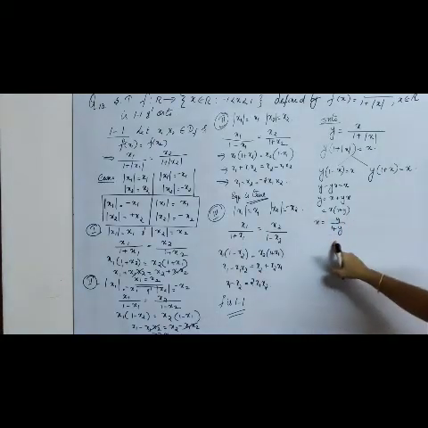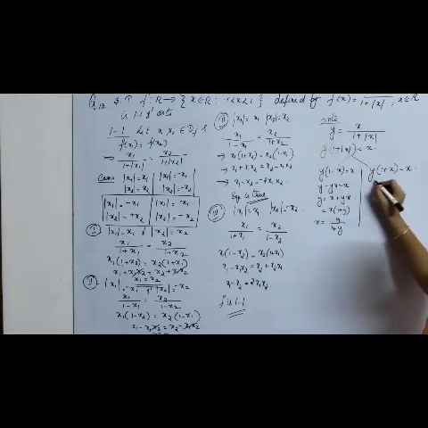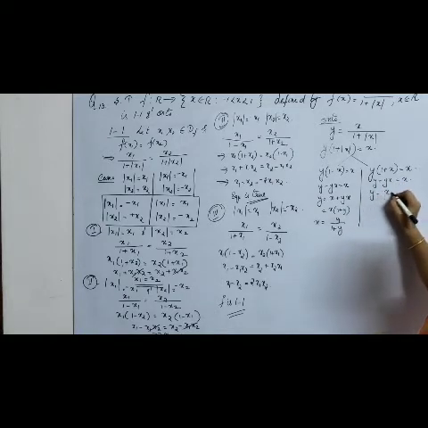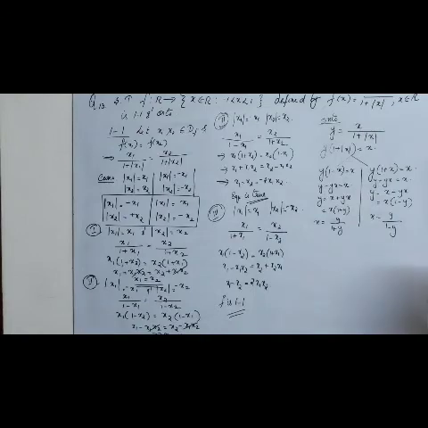So x is expressed in terms of y here. Similarly, here what will I get? y plus yx is equal to x. y is equal to x minus yx. I take an x common out, 1 minus y. So what is x here? x is equal to y by 1 minus y. So these are the two